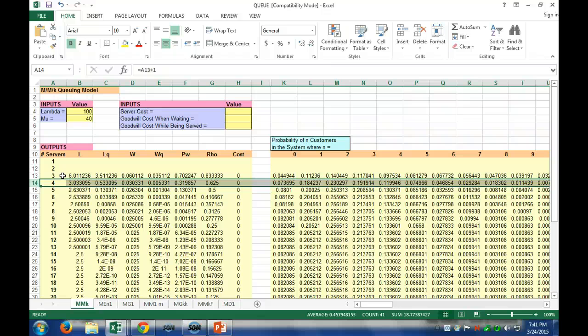For a post office, waiting in line 3 minutes is probably acceptable, right? Maybe it's not acceptable at Sheetz. I'm not sure what their service levels are, but they might say that's ridiculous. People don't want to wait 3 minutes. But at a post office, they're probably like, yeah, what the hell? That's great, right? You're lucky, right? So it depends what it is. Okay, so a little town post office is probably appropriately staffed at three clerks. Make sense? Okay, let's look at some others.